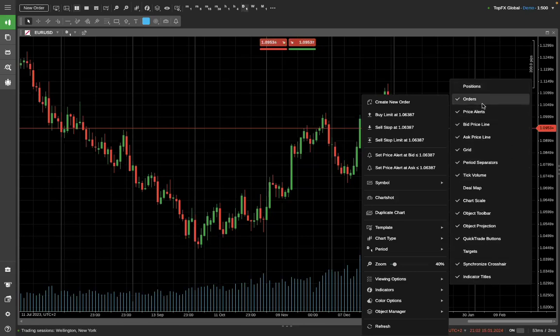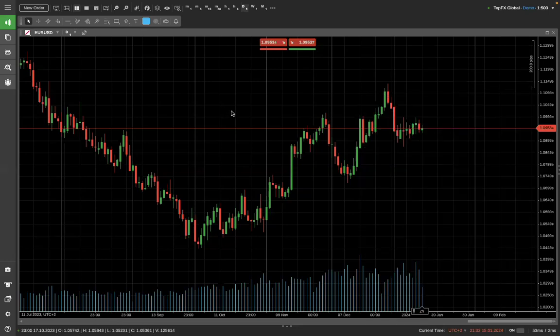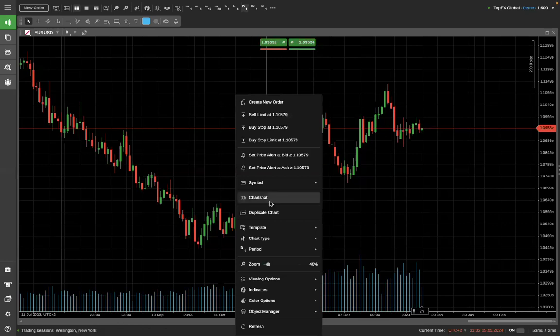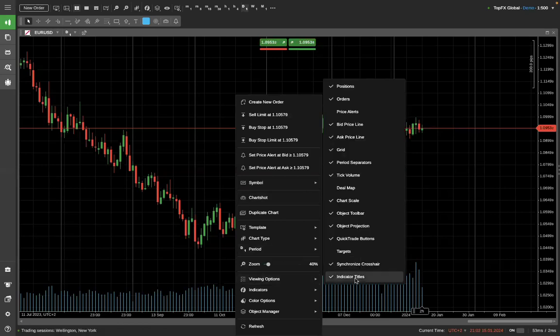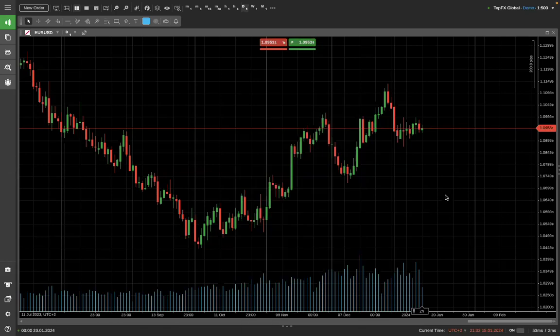Okay, the positions are off, orders are off. Okay, this was price. I don't have any price alert. Okay, that's enough. So we very quickly formatted our chart, and as you can see, you can right click using your mouse,